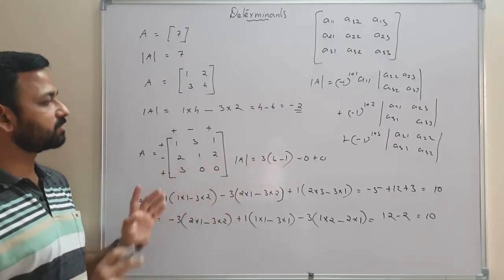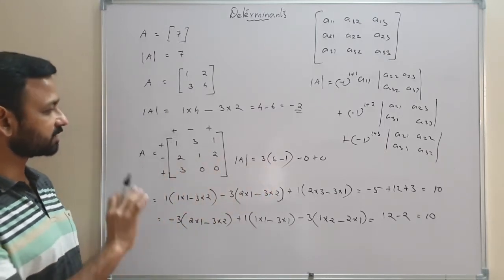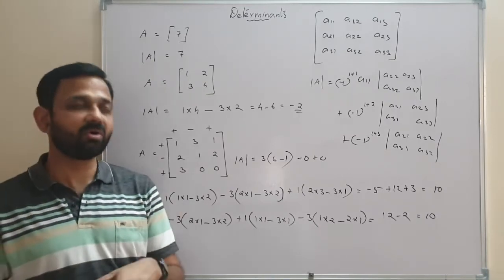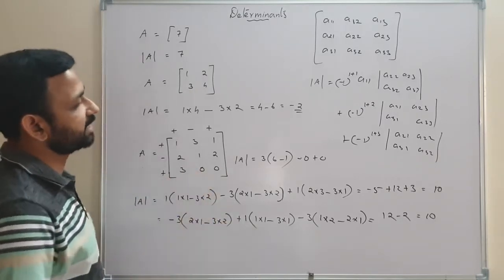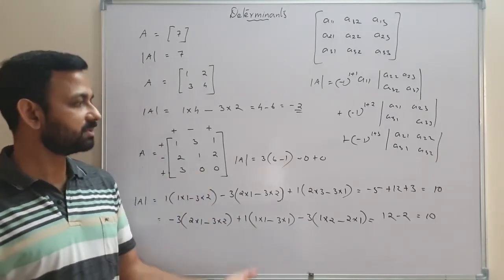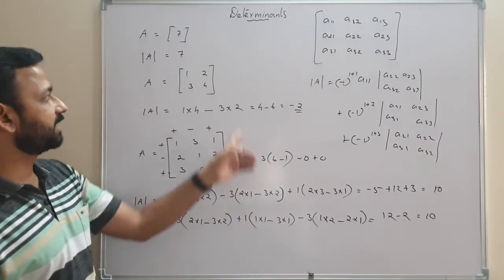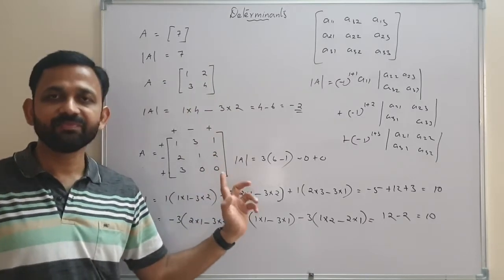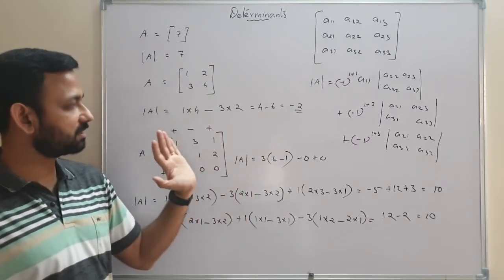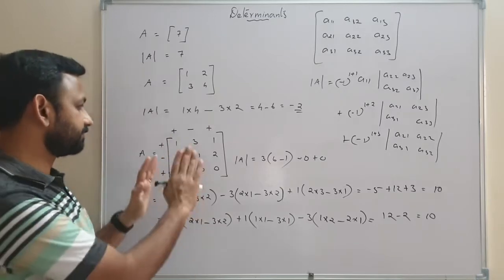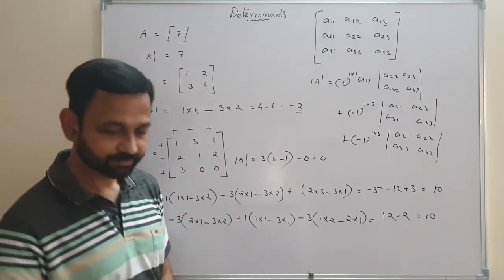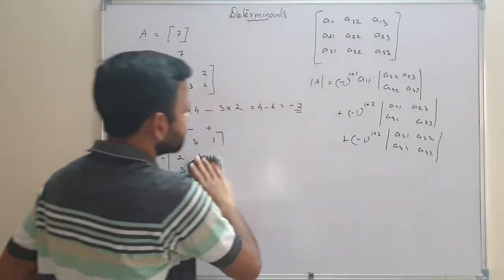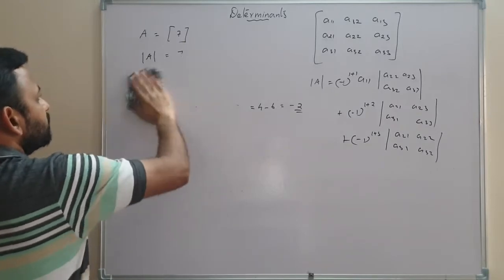So when we get a question, we just go through that question. If we have zeros in any row or any column, you take that row or column for finding the determinant, then it will be easy. So similarly we will find the determinant of a square matrix of order 1, order 2 and order 3. Order 4 is not in our syllabus. So till order 3 we will learn. Now we can do some questions from the NCERT book.